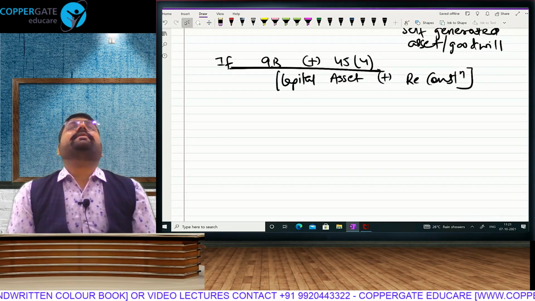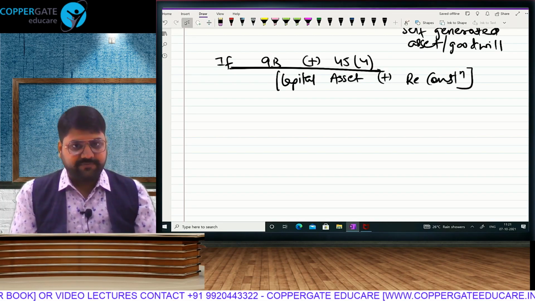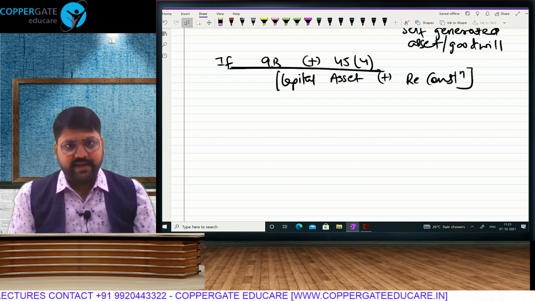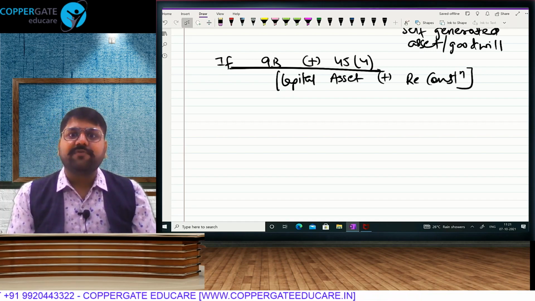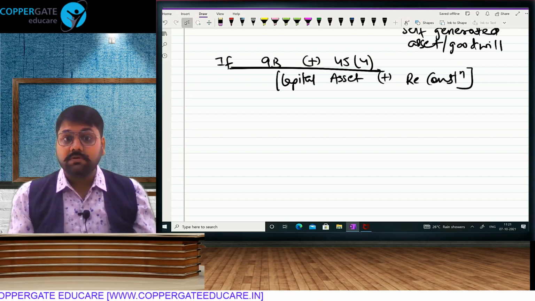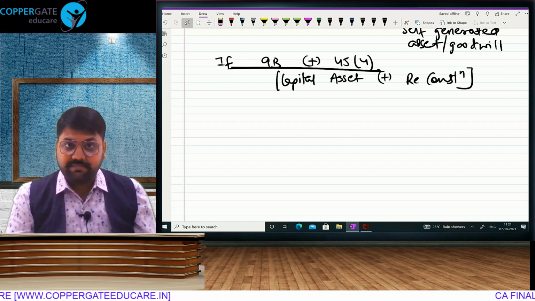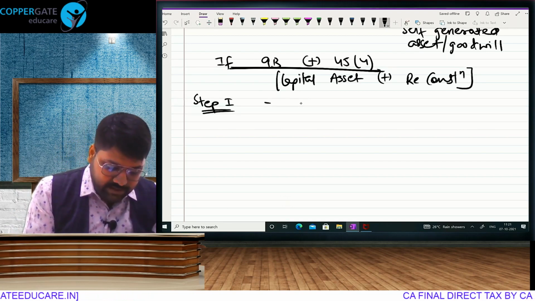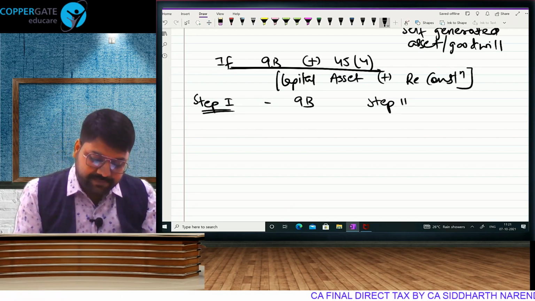When 45(4) was enacted at that time by the plain reading, the feeling was that first we will invoke section 45(4), finish the calculation of 45(4), and then we will invoke the calculation of 9B. First 45(4) will come and then 9B will come. That will be the chronology of applying the provisions. But in the recently released circular by CBDT, they have said your step 1 will be do the calculation of 9B. First step will be 9B and second step will be